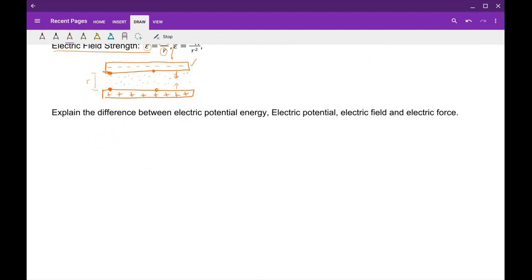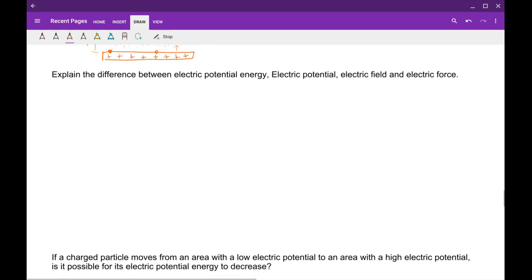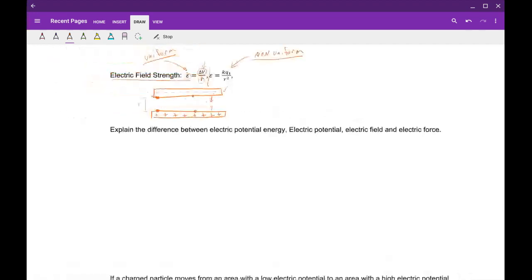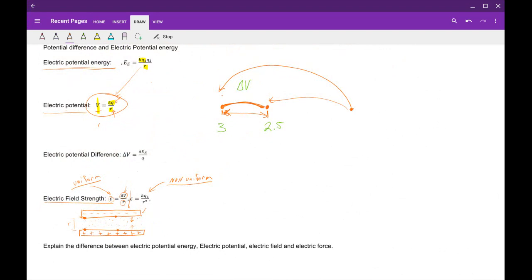Okay, and if you're having trouble with this stuff, set up a little appointment or something with me, and I can do my best to try and explain this to you a few different times here. But essentially, I just did explain the difference between them up here. So I'll go ahead and